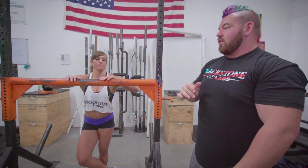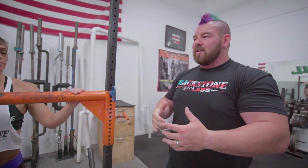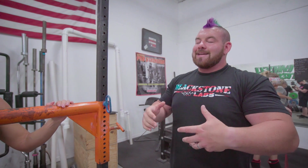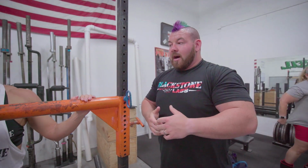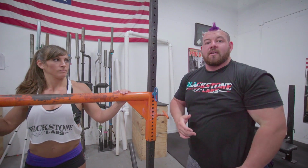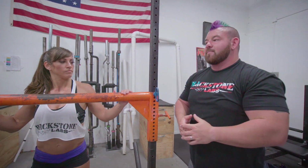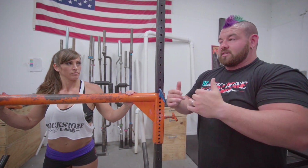Neck position on the bar. That's one of the most important things. A lot of people I see, they try to almost emulate a low bar back squat, and that's actually not the position we want to be in. Right behind our neck, we have the C7 vertebrae, which sticks out right at the base of the neck and at the traps. I like to bring the bar of the yoke just below that, so it actually sits just on top of